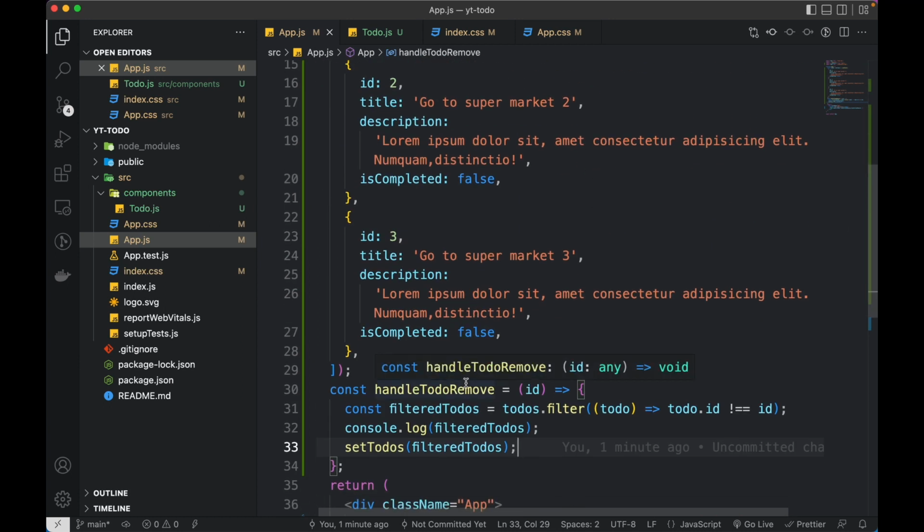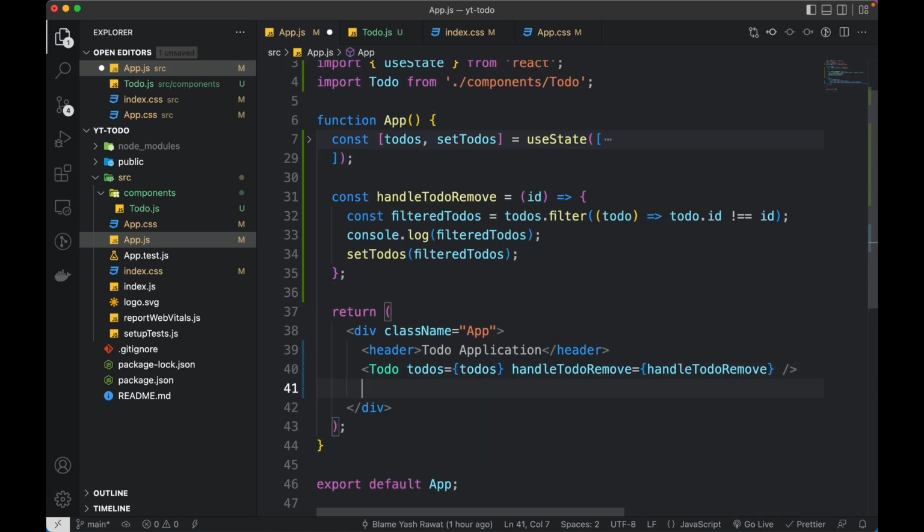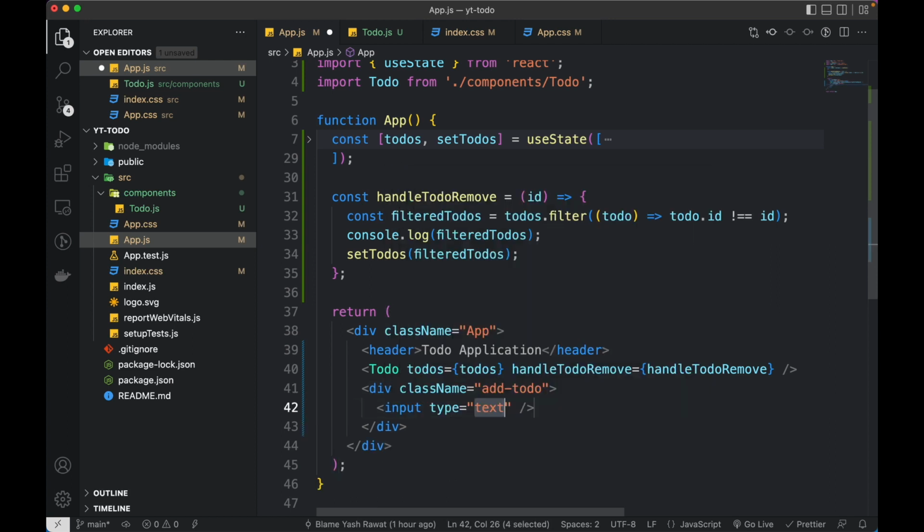Okay, so now it's time to implement the next functionality, which is to add a new todo. So how can we do that? Let's see. Create the new section to add a new todo. I'm going to give this a class of addTodo. Okay, now inside this I will have two input boxes